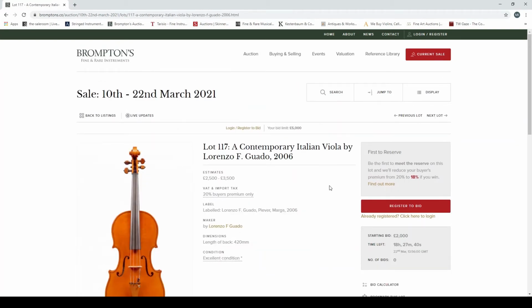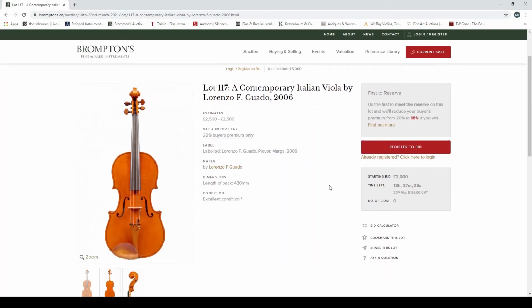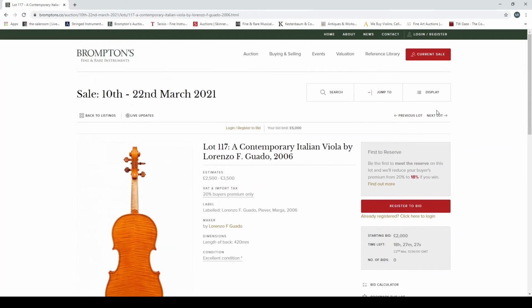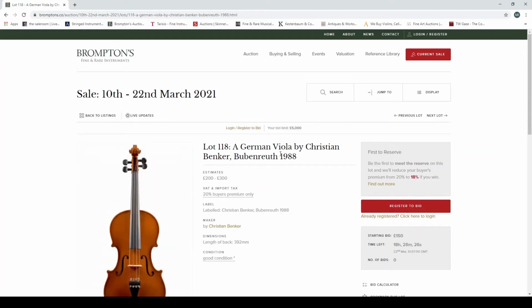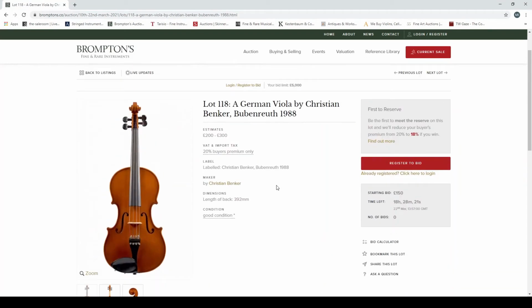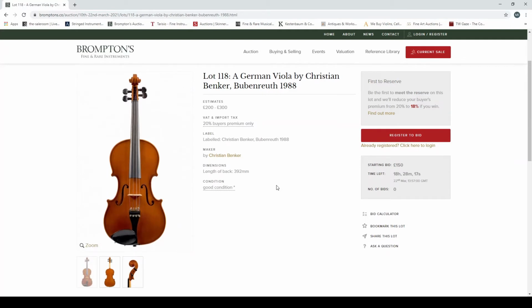A contemporary Italian viola by Lorenzo F. Guardo, 2006. Guardo is back with another viola, very bright. I'm pretty sure that these were in the last sale, just because I remember commenting that they're so bright. I'm always blinded by them. Kind of coming round to it though. I'm starting to like it more. A German viola by Christian Benker, Reuth,